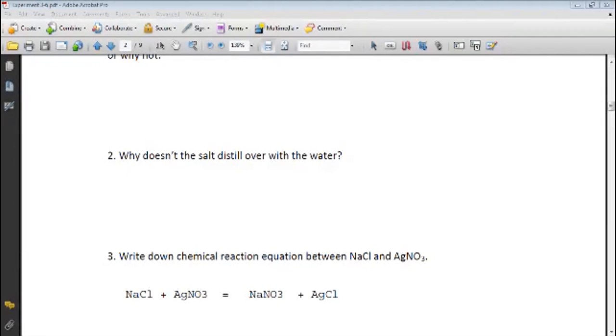It will boil first, and then it will be the turn of the second mixture. So that's why the salt is not going to distill over with the water, because it has a very high temperature as compared to the water. Very good. So these are